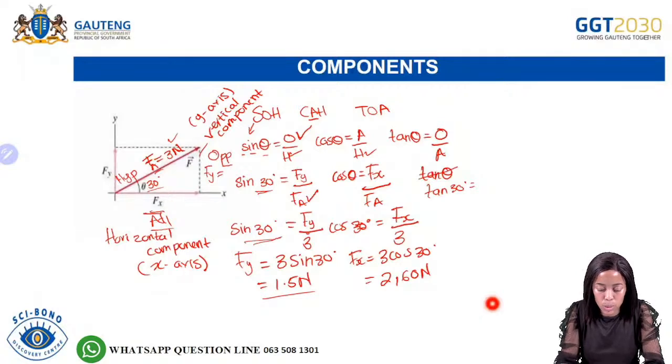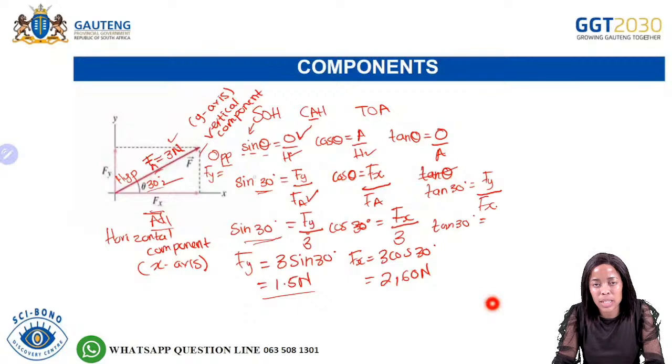Tan theta is equals to opposite, which is represented by Fy divided by what? By Fx. So already you have the 30 degrees, so we continue with it. Tan 30 degrees is equals to, our Fy is represented by the 1,5, and then we said that our Fx will be the unknown. So from there, what is it that you are going to do? You just need to apply your maths and calculate